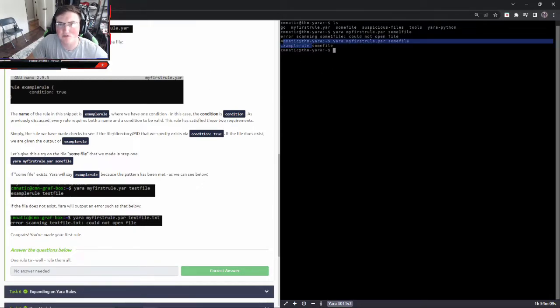So that means the condition was true. So that means that file does exist. So you can see already how this could be a useful tool, not just in malware analysis, but even just something simple like this. This took us 5 seconds to make a rule to search to see if a file's there. Well, we could then scan our entire network to find a file like that and see if it exists